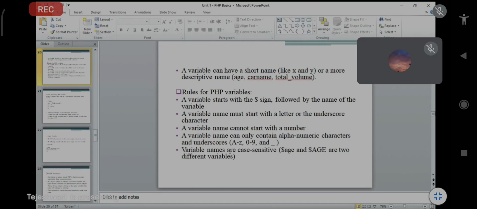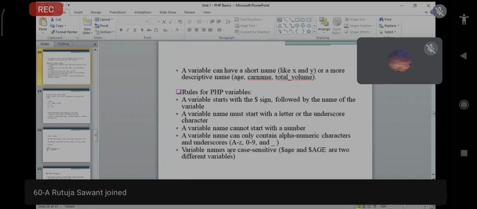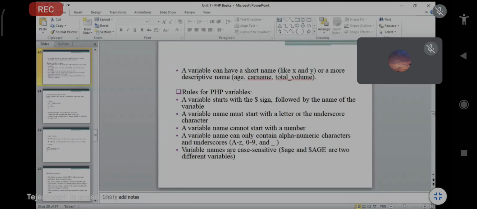The next rule is that a variable name can only contain alphanumeric characters and underscore. We can use A to Z characters, then 0 to 9 numbers, and also underscore. Then the last rule is